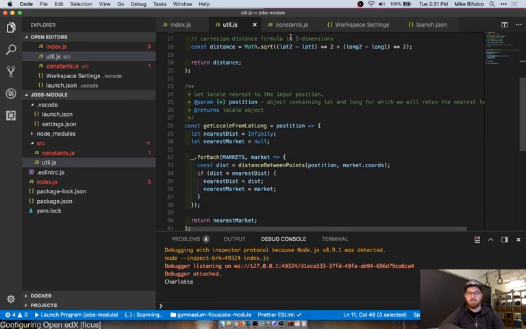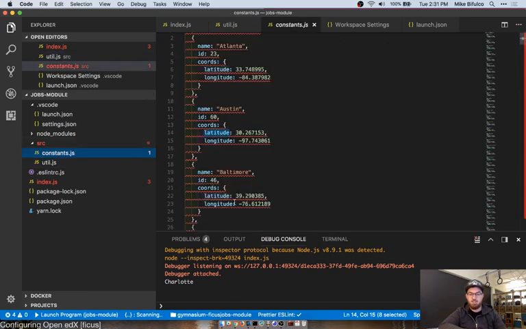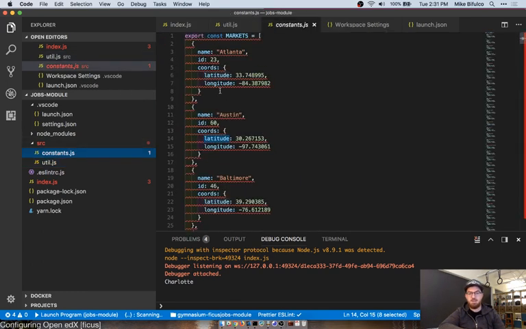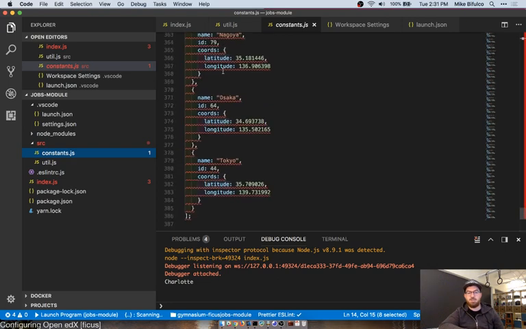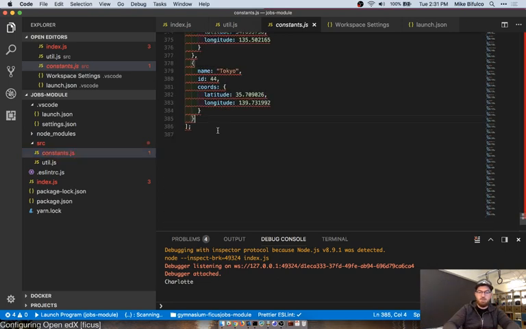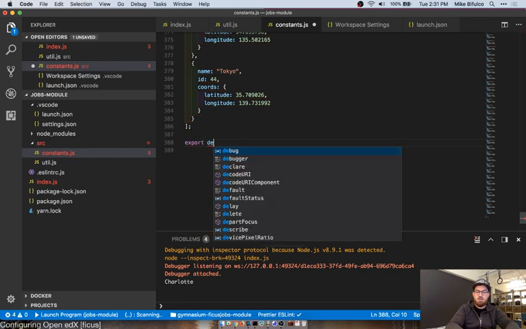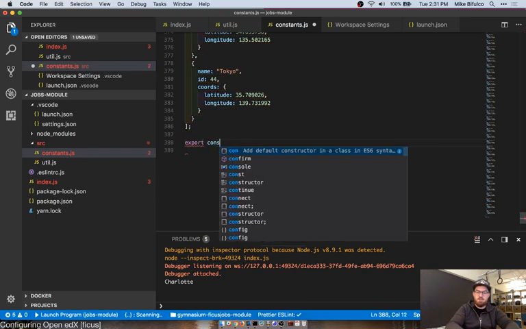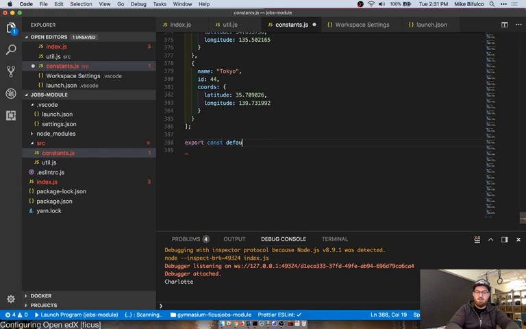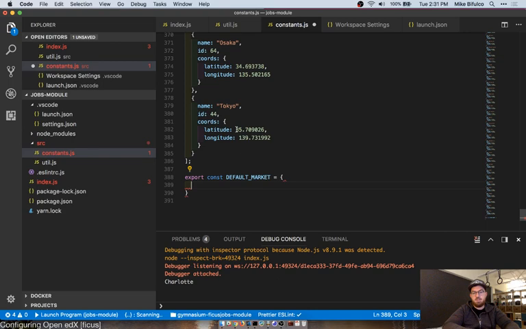We have a list of markets somewhere in our constants file. What is it complaining about? Right. Okay, we're going to do export default, export const default market equals, oh man, I should have done this differently.